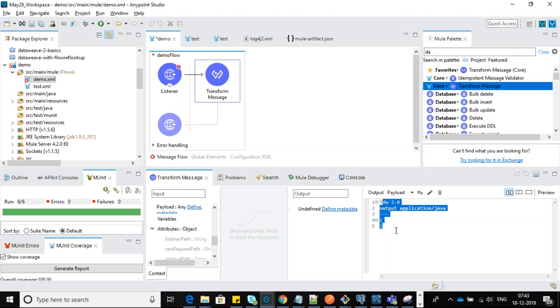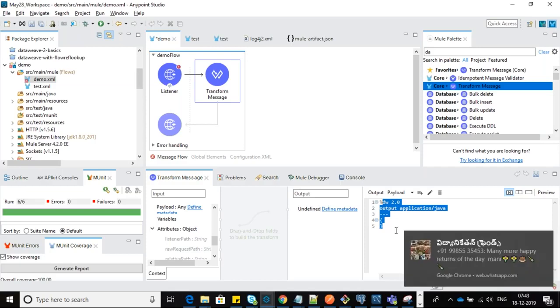The transformation is not just mapping the fields. You might need some kind of data type conversion. Suppose you are getting a string format, but the target system is expecting a different data type, right? Sometimes you are getting a list of values, but the target system is expecting only one value. This kind of customization you have to do in the middleware, then we'll convert it to JSON, right? Then we have to post into the target system.